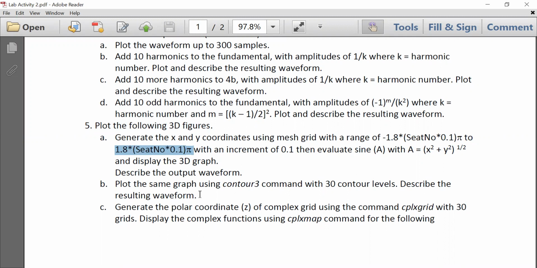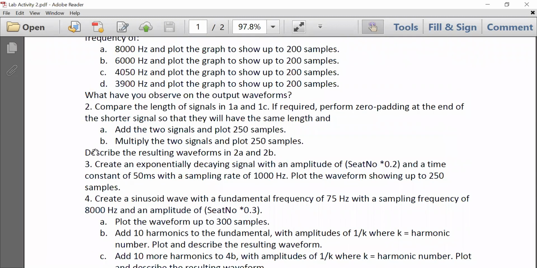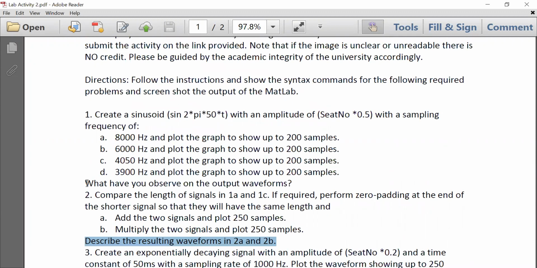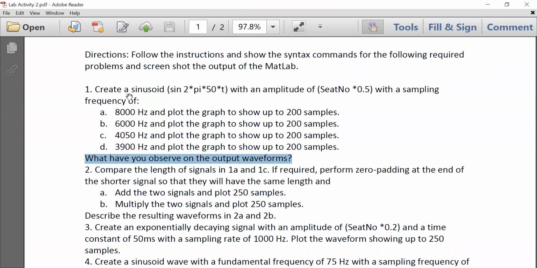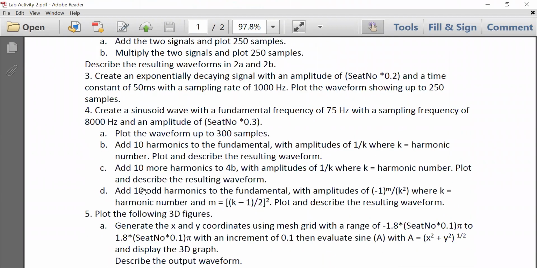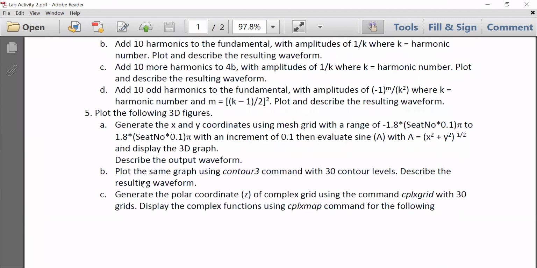there are some questions there that are affiliated with some numbers. Like, for example, describe the waveforms like this. Oh, nakuha ba? May mga ganyan eh, no? What have you observed on the output waveforms? O yan. Okay? After doing all of this, no? Doing all of that, oh, what have you observed? Ano napansin mo doon sa mga waveforms? Parang ganun, ano? So, you have to answer that too. Nakuha ba? Included on your